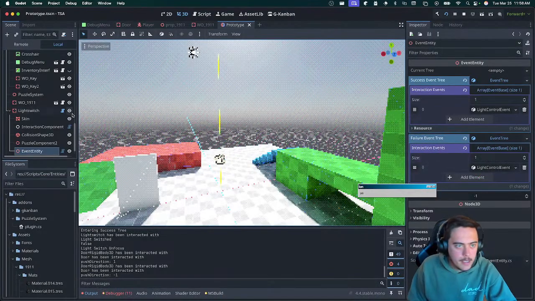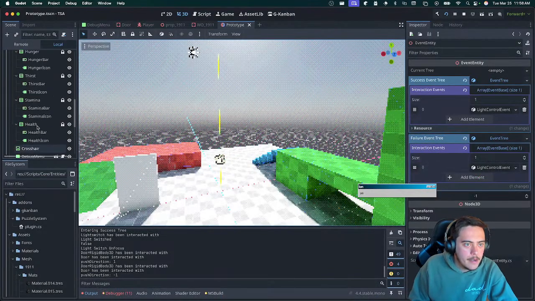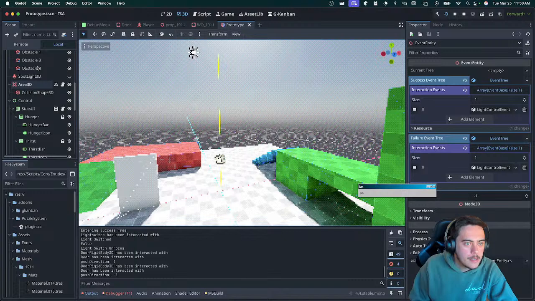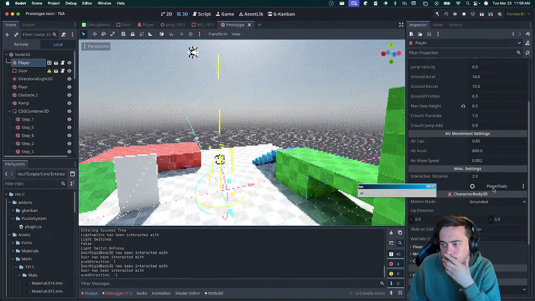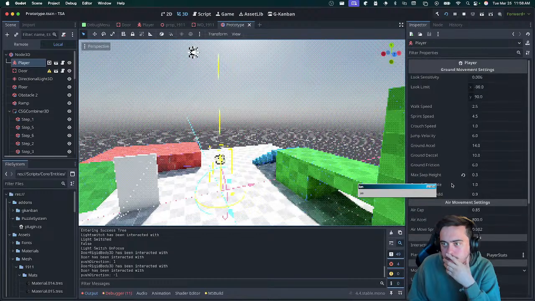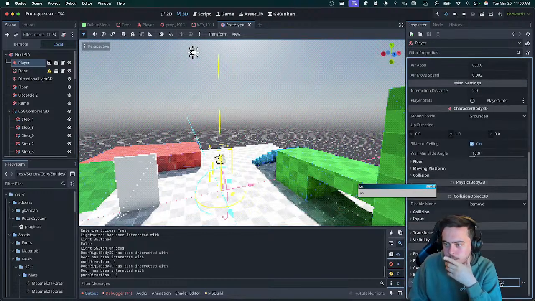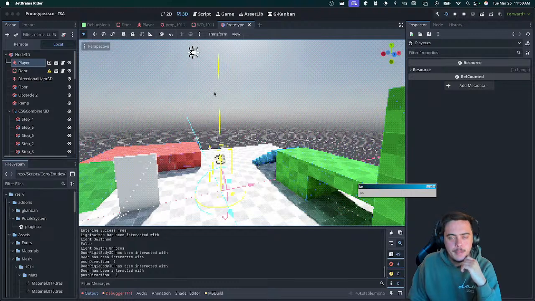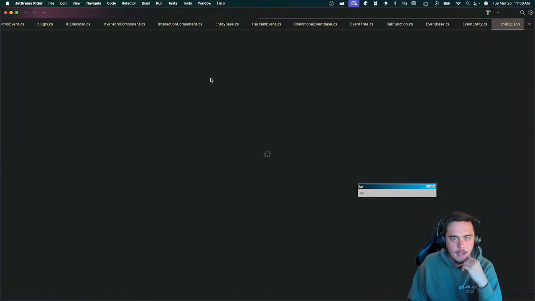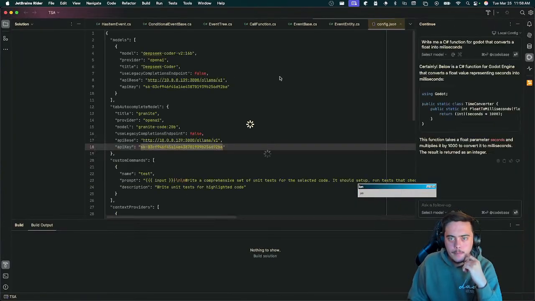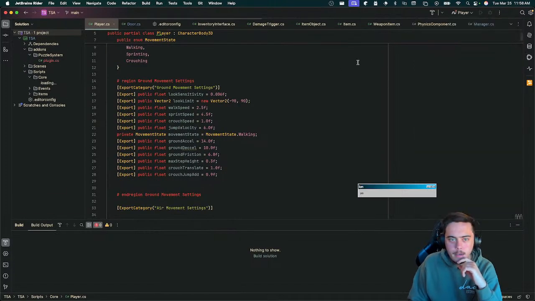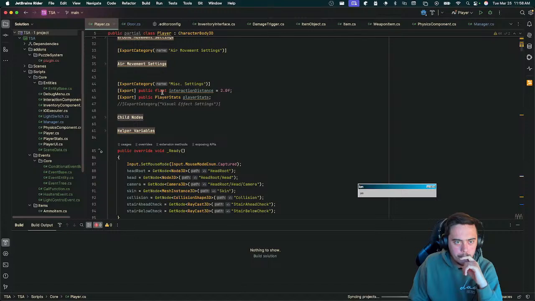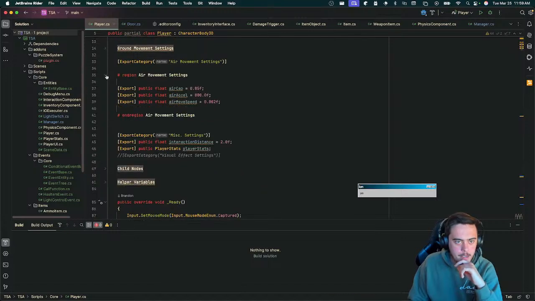If I go back into the settings though, and I find the player, player stats now. Let me open this up. I think I have a bhop variable in here that I can just enable. Air movement settings.